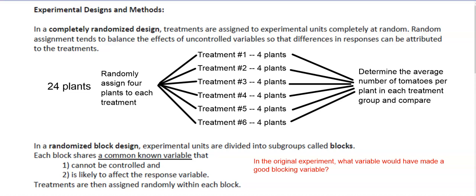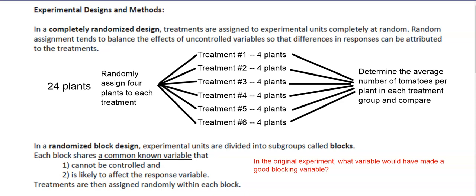Now let's talk about experimental designs and methods. So far, when we've talked about random assignment, we've talked about what's called a completely randomized design. In this design, treatments are assigned to experimental units completely at random. Random assignment tends to balance the effects of uncontrolled variables so that differences in responses can be attributed to the